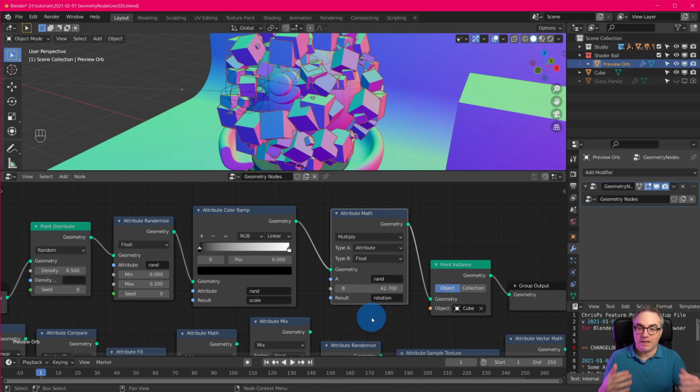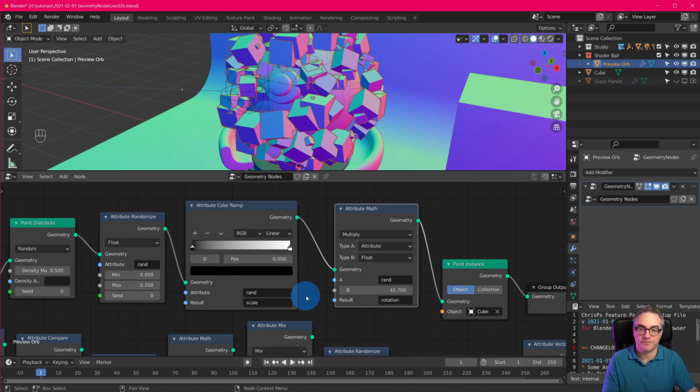But the main thing to take away here is that the geometry has attributes on it. So each point has some attributes on it. It has some default attributes like position, scale, and rotation. And we can also use our own attributes. We can add them, we can use them later. And you just assign new values to a new attribute by just typing it in here. So you don't have to do anything special, just give it a new name and then use it. And